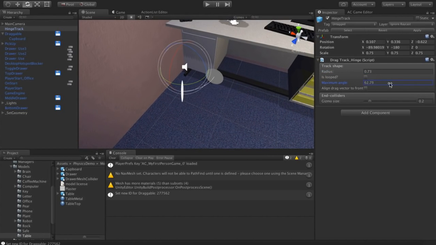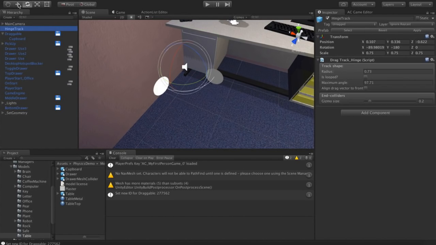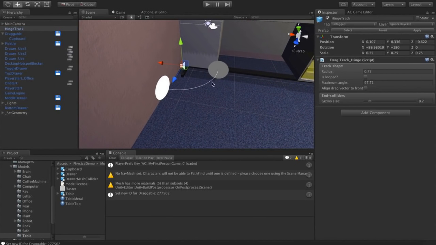I'll increase the maximum angle, and so you can see this now shows you the amount of movement that this cupboard is going to be able to have.